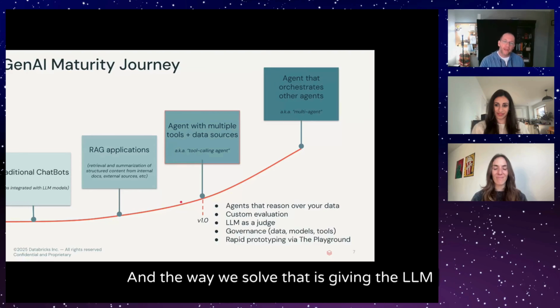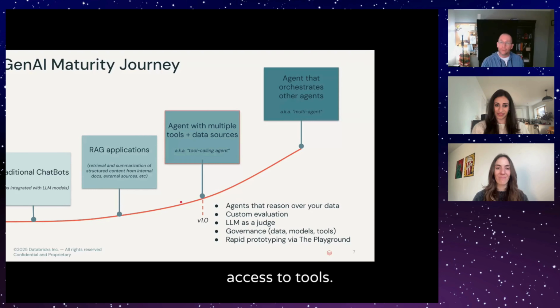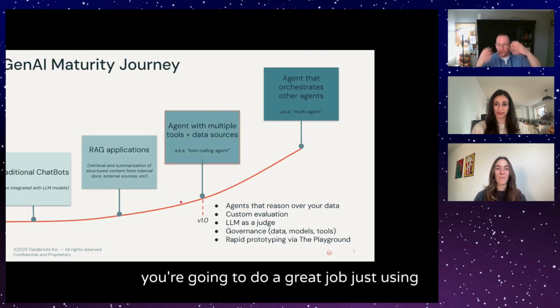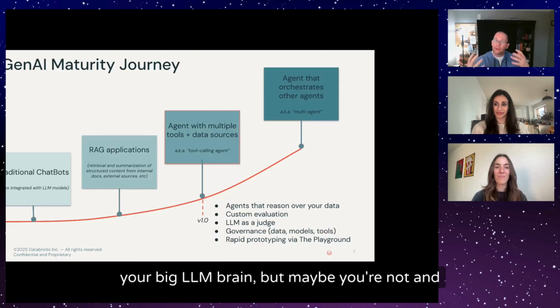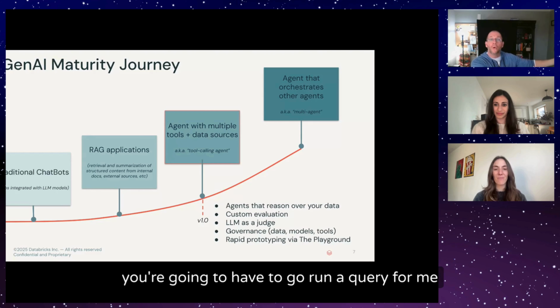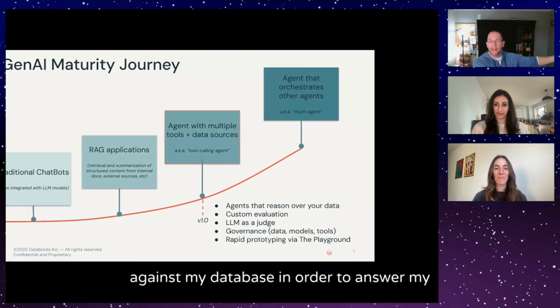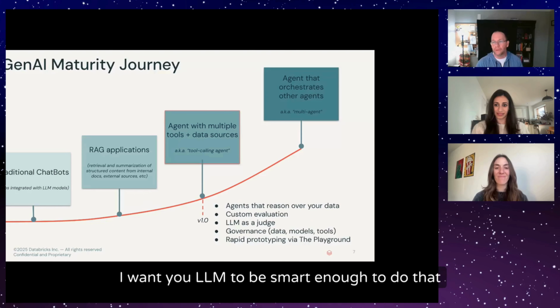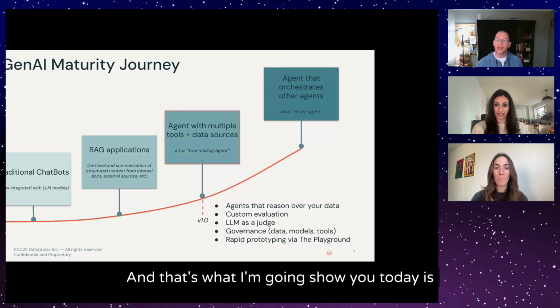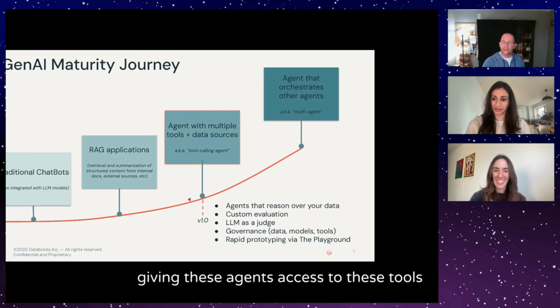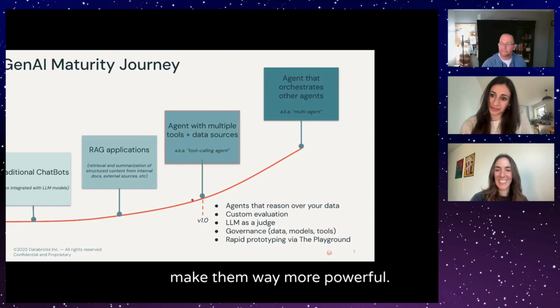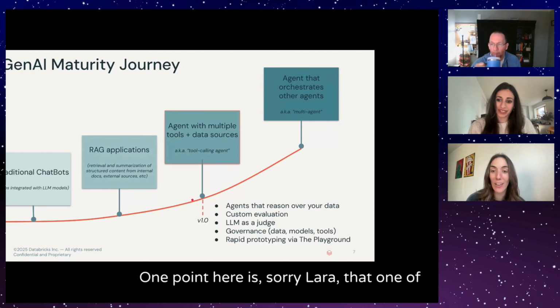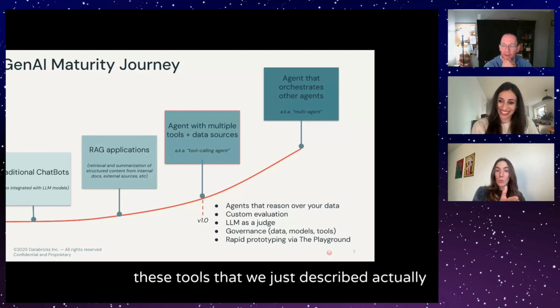The way we solve that is giving the LLM access to tools. So, hey, if I ask you a question, maybe you're going to do a great job just using your big LLM brain, but maybe you're not, and you're going to have to go run a query for me against my database in order to answer my question. I want you, LLM, to be smart enough to do that and know what data and what tools to use, et cetera. And that's what I'm going to show you today: giving these agents access to these tools makes them way more powerful. One point here is, sorry, Lara, that